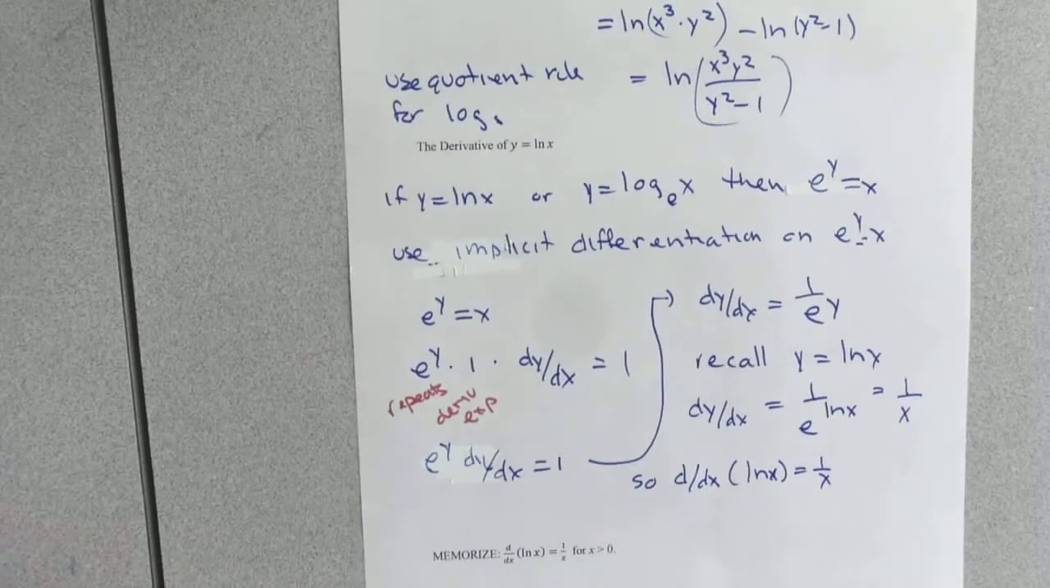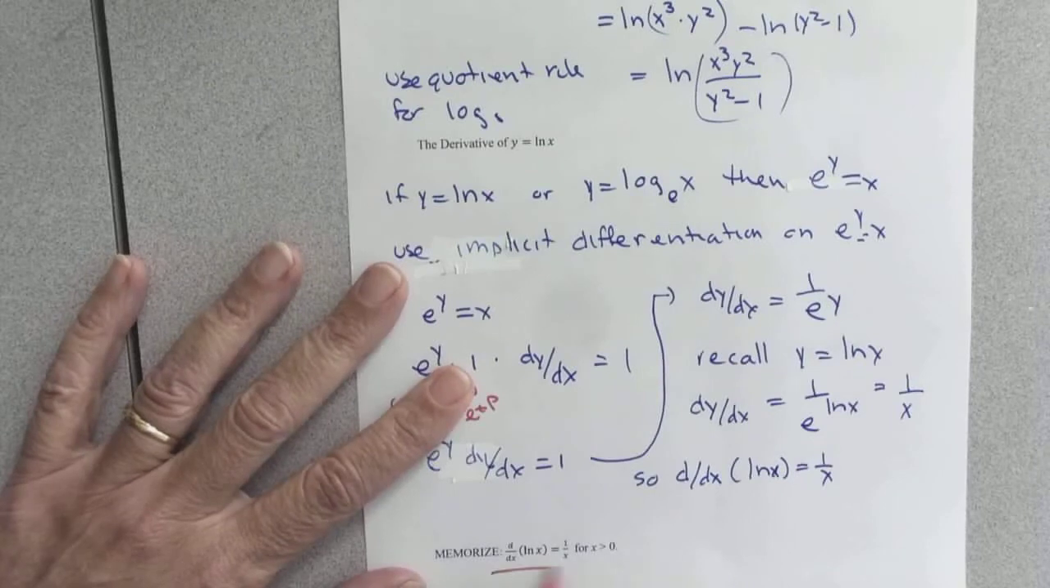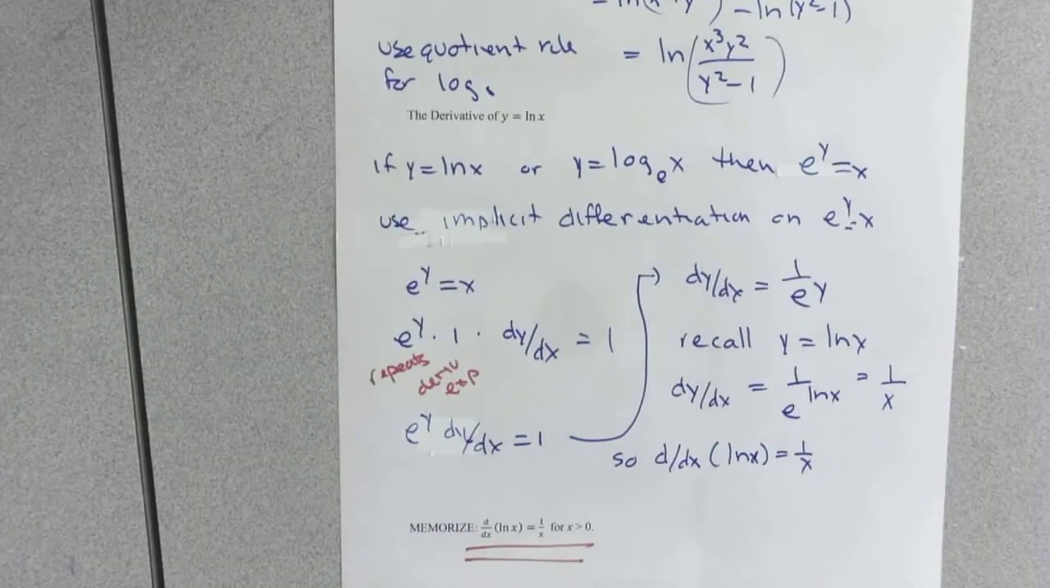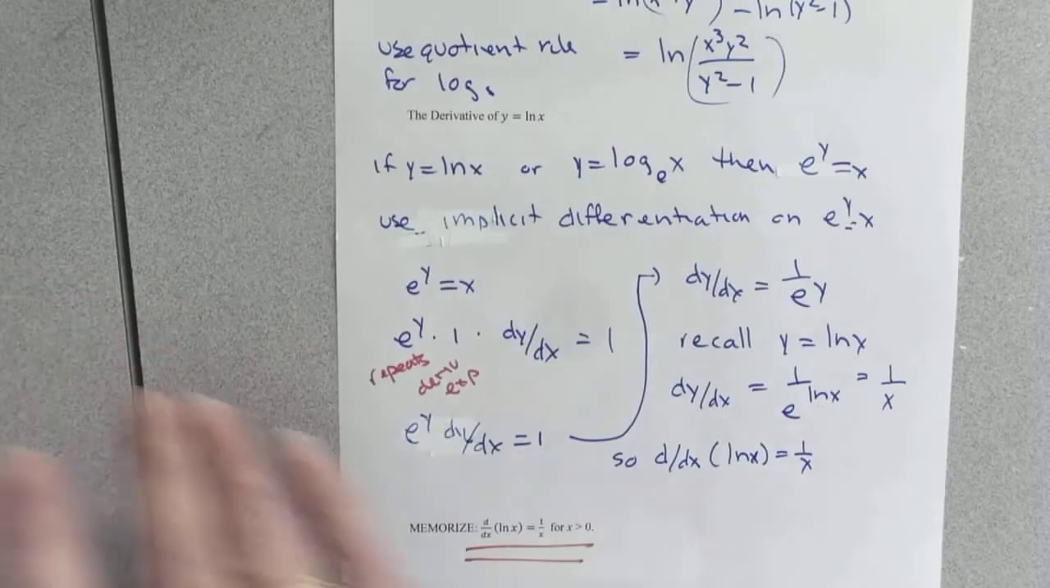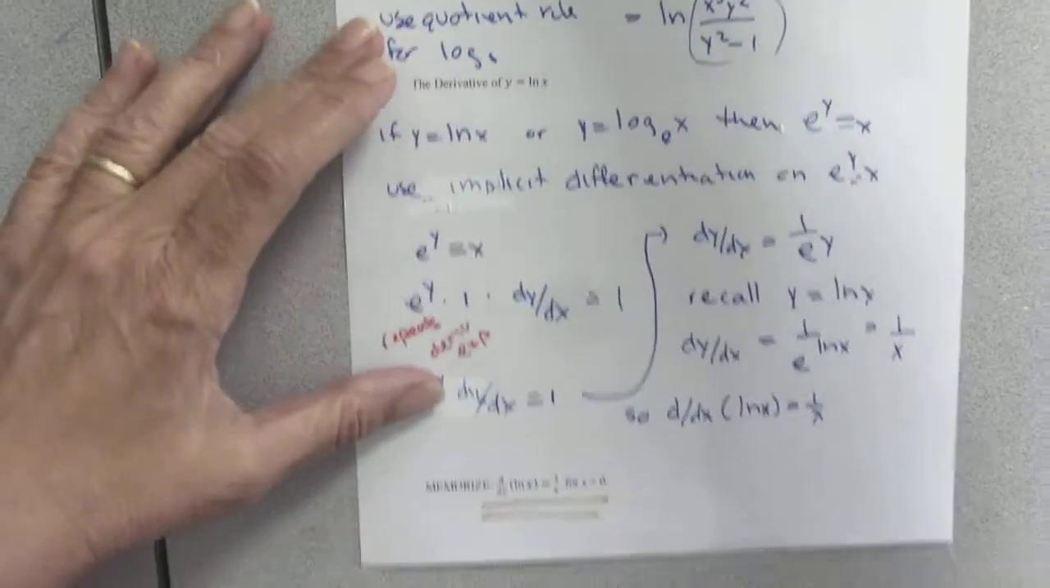And so then we have it stated officially down here. The derivative of the natural log of x is 1 over x for x greater than 0. Now that's going to get a little bit boring. Derivative of natural log of x, 1 over x. So expanding that a little bit,